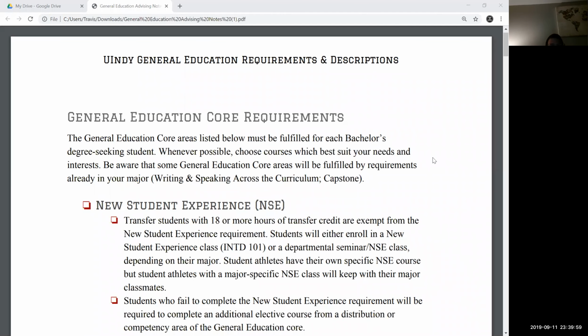Okay, so this is going to be a description about the Gen Ed core, and I'm going to spend some time to go through each category, explain some things, because the general education core can be kind of confusing, especially for newcomers. The major is a little bit more cut and dry: this is what you need. But what I did here is I put together a little bit of information about each category, and next to the name of the category,